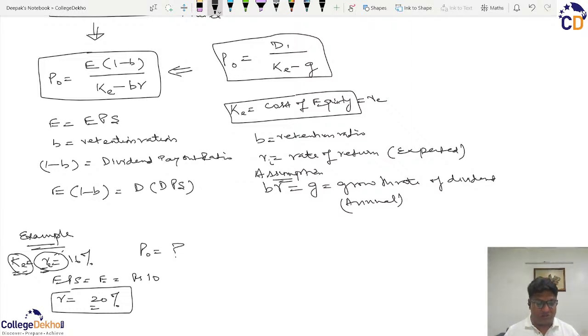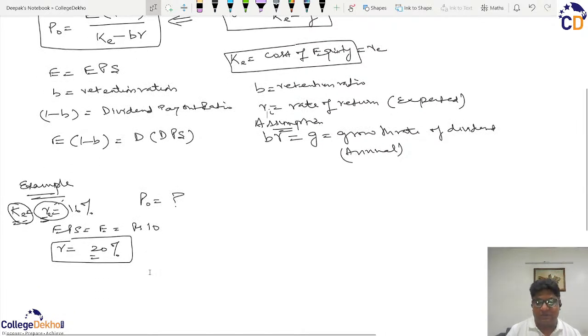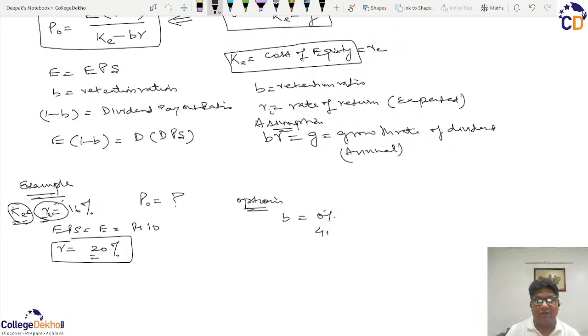So here the question says the KE is 16% and the R is 20%, and it has been said that there are three options. The options are that the retention ratio is either 0%, or 40%, or 60%. So it is a DU BCom question where we have to calculate the P0 as per the Gordon model